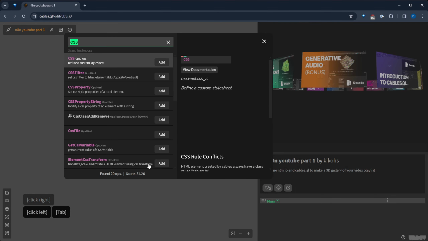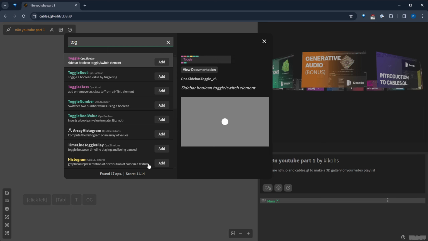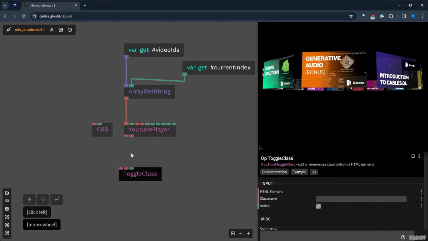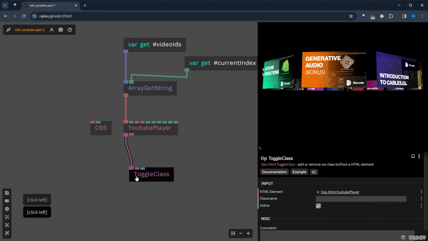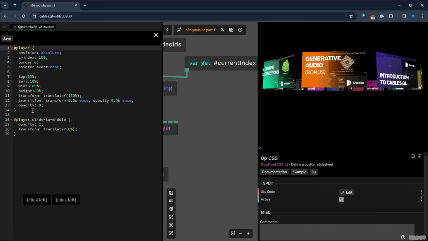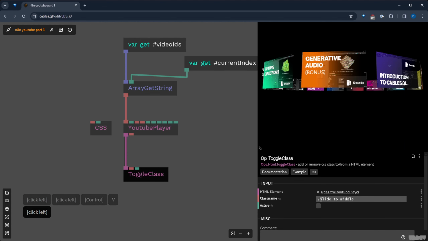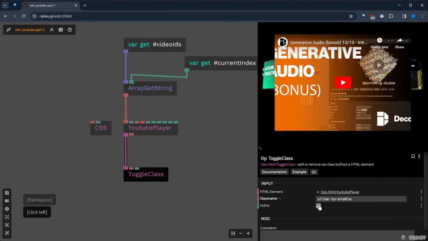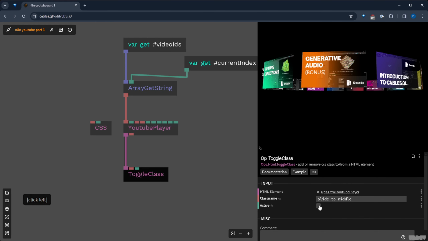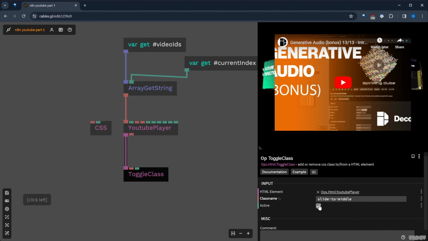So we have a toggle class, and I'm going to show you this first and then my op later. You need to connect it to the div element, and now you need to put inactive. Remember how we called it? I think we called it slide to middle. So this is the class, and it has to be like this. This is important. If you put a space, it doesn't work anymore, right? It's really the class assigned to this ID here. I'm going to put this here, just without the dot, just this. And if I click,